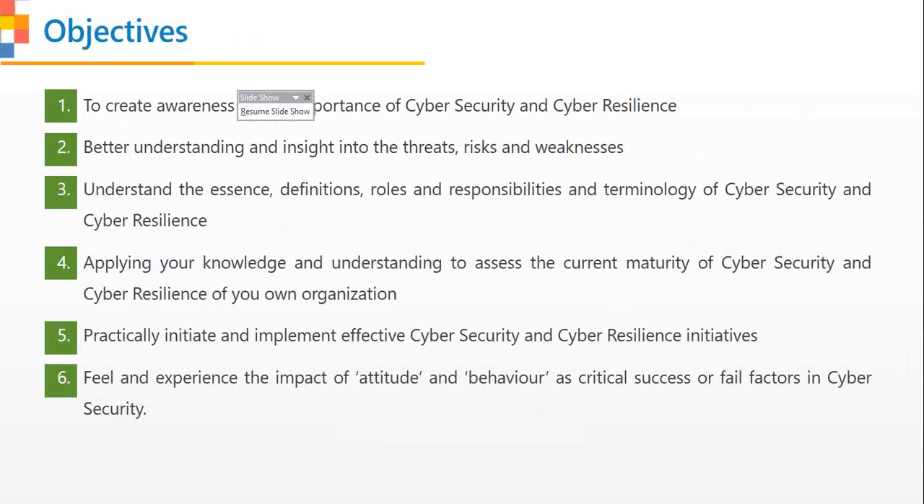Okay, let's look at the core objective of this simulation. The first objective is to create awareness on the importance of cyber security and cyber resilience. A lot of time, the top management has heard or they're aware that cyber security is important. We are now moving to an era where digitalization is becoming more and more essential. But the simulation gives everybody an opportunity to actually participate in that workshop and understand how it really impacts